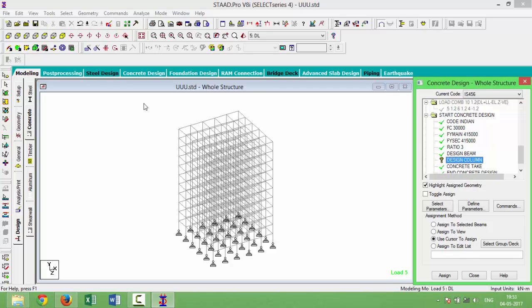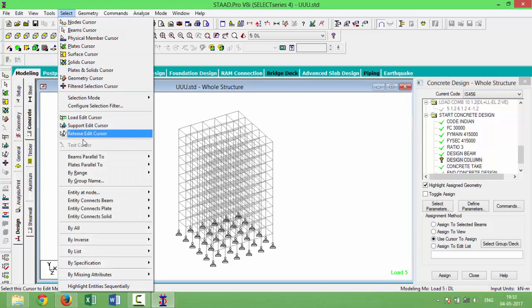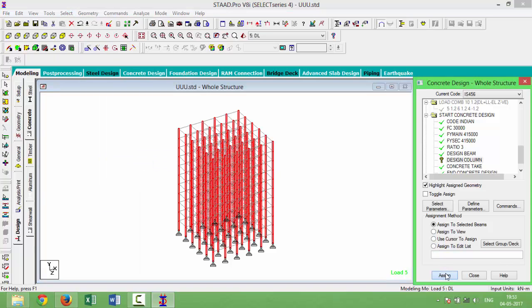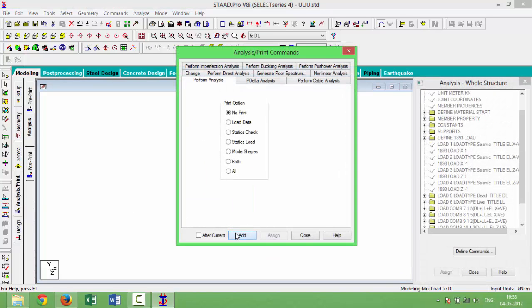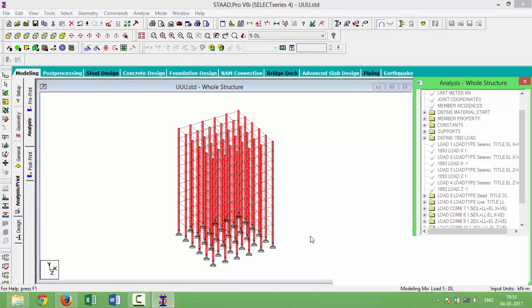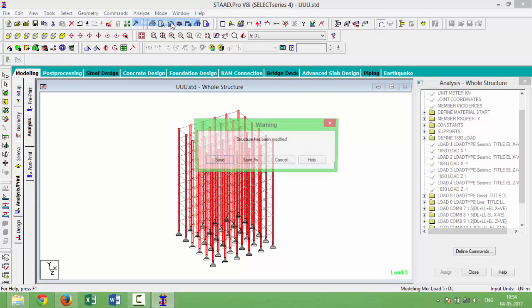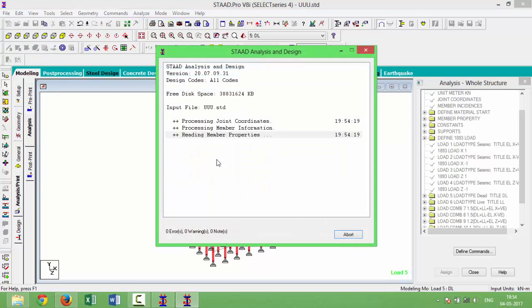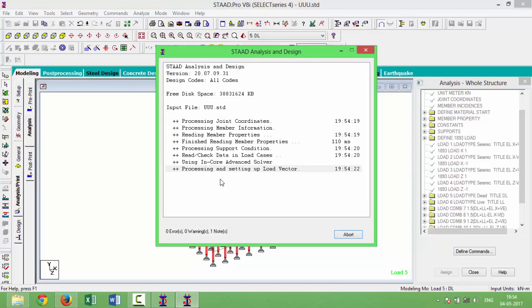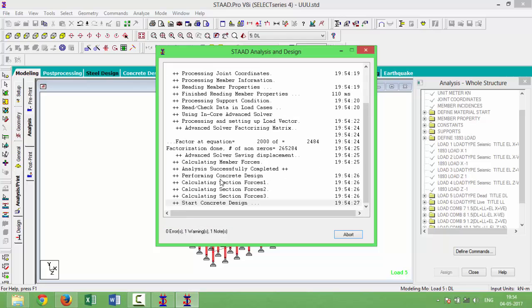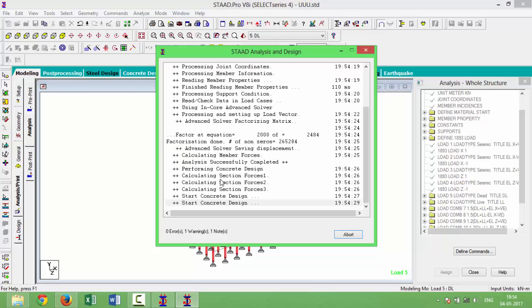So click select beam parallel to Y direction, and then select assign, and then yes, and then go to analysis and print, and then add, and then close. Then go to analyze and click run analysis, then click here, then click save, and then wait. It will take several minutes. Just wait,